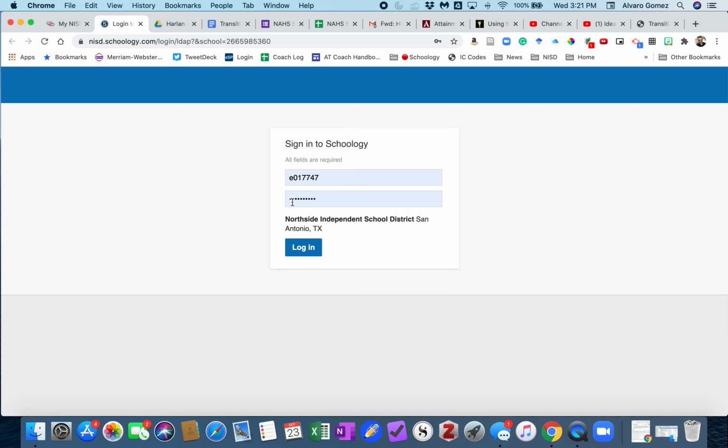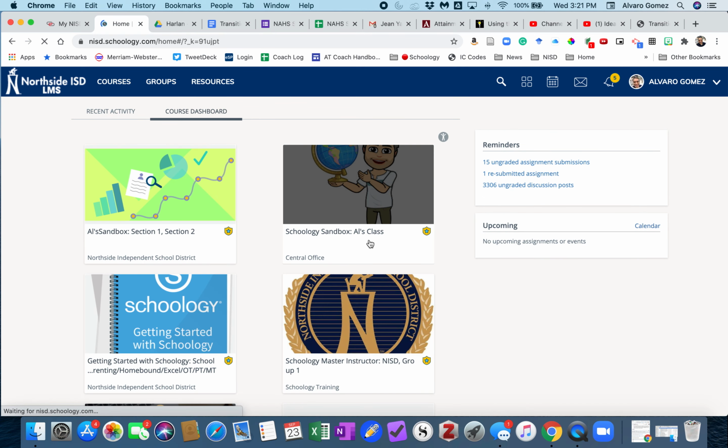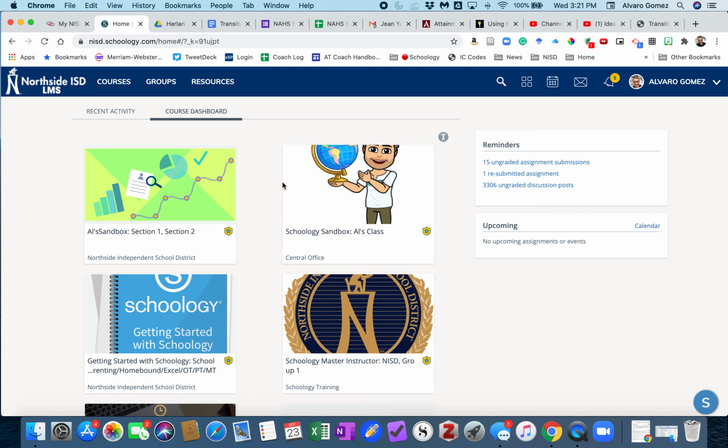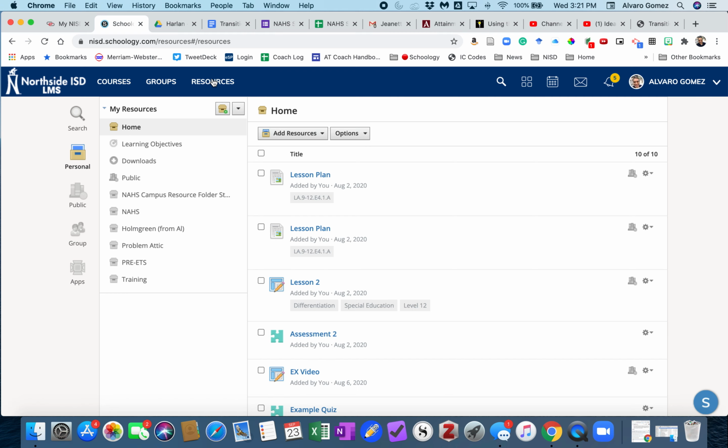Use your e-number, your network login, and then click on login. And then you're going to go into Schoology. So what I'm going to do is I'm going into my sandbox. Or actually, you know what, even before I do that, because I'm just adding resources, I'm not even going into any classes. I'm going to click right up here on the top where it says resources. I'm clicking on that. Okay, so when I'm in resources, over here in the left, not the far left, but kind of in the second column,